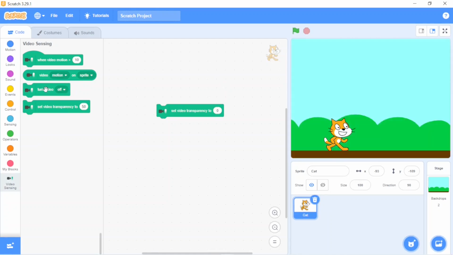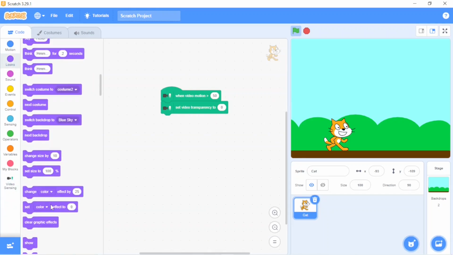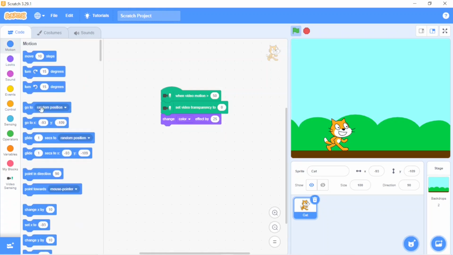Okay? So now let's start with the coding. And yes, don't delete this set video transparency to 0 block. Just take when video motion is greater than 50. Then set video transparency to 0. And then take change color effect by 25. Then from motion, glide 1 second to random position.